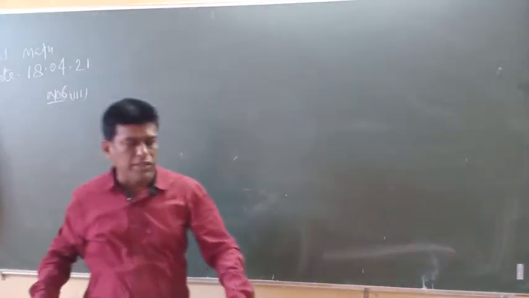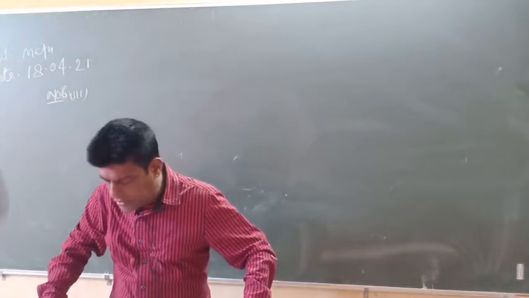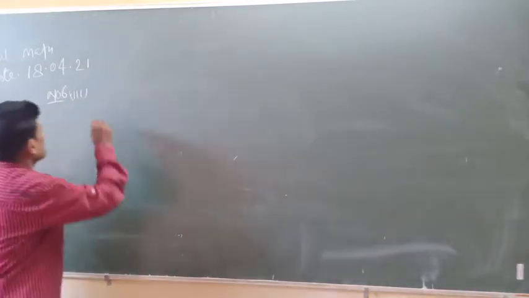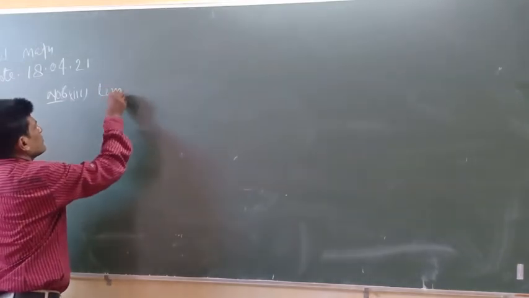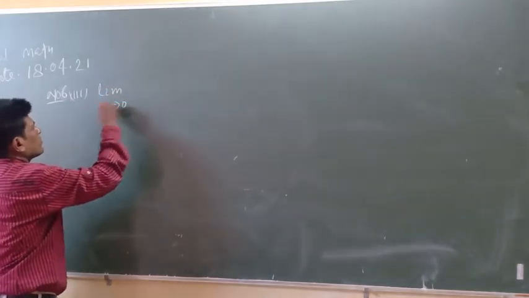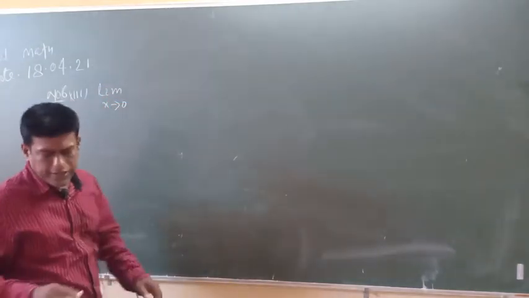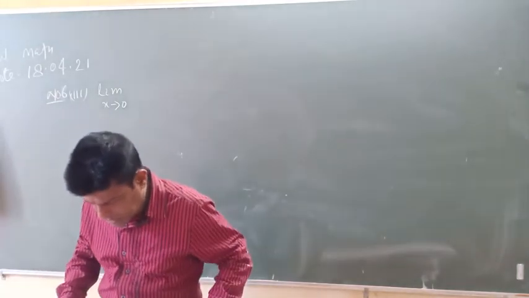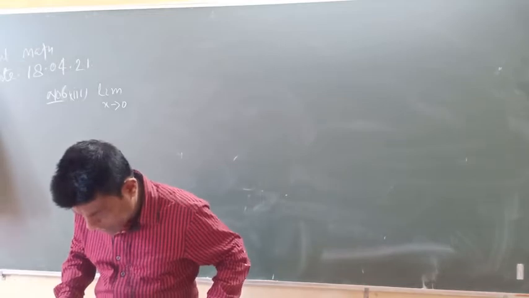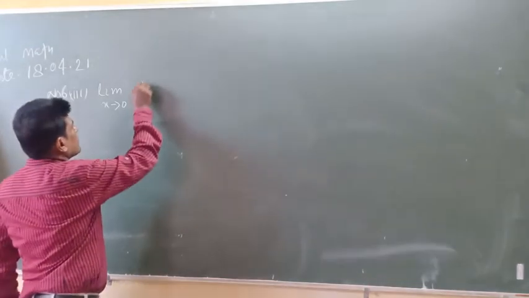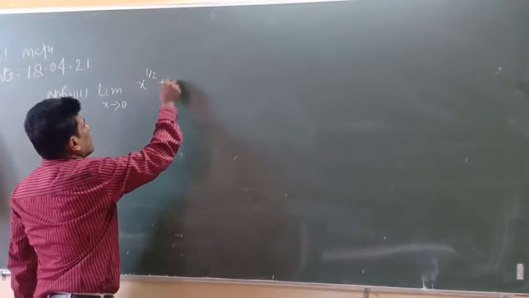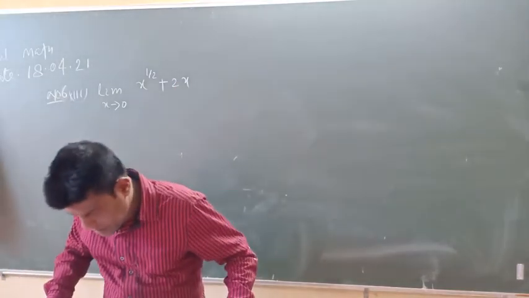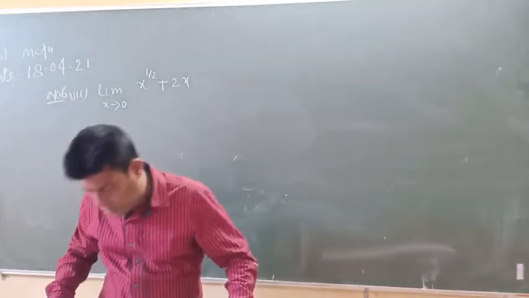Number 6, part 3i is given. The question is: limit x tends to 0 of x to the power 1 by 2 plus 2x plus 3x to the power 3 by 2, whole divided by